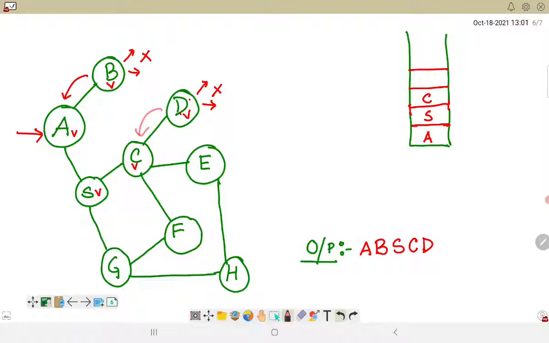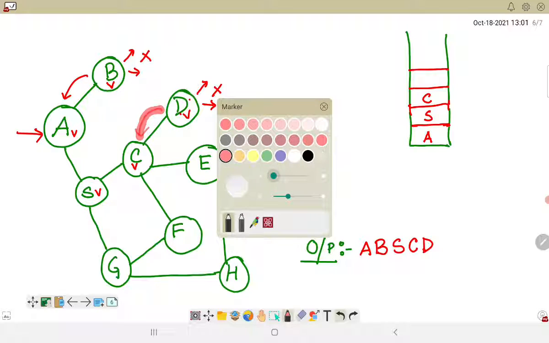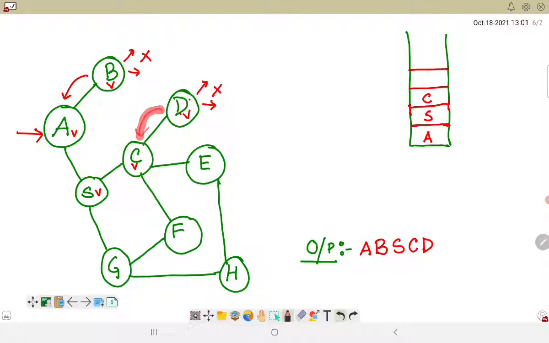Now we will be evaluating the next child, which is E. When E is evaluated, we go through the alphabetical order.